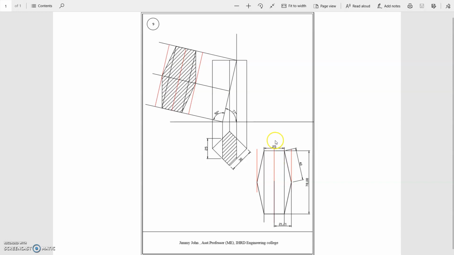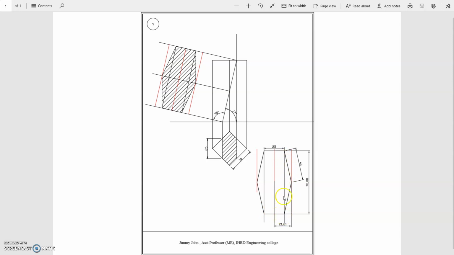First you draw the center line, then you take 12.5 mm towards this side and 12.5 towards the right side, so that you can draw this line and also this line.